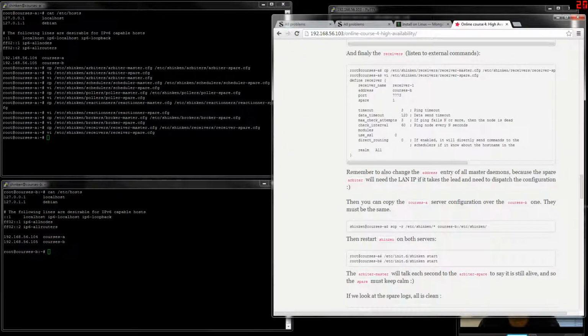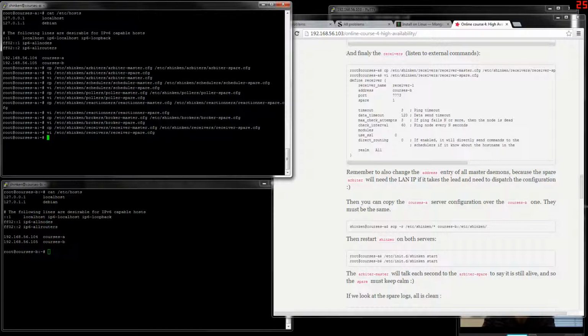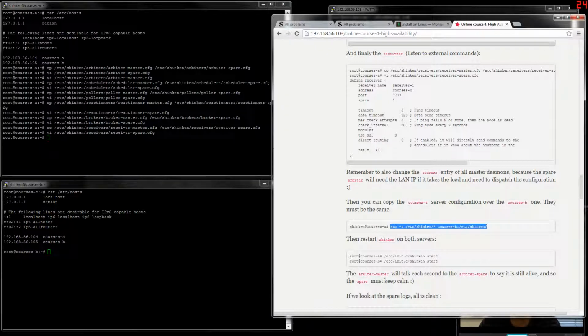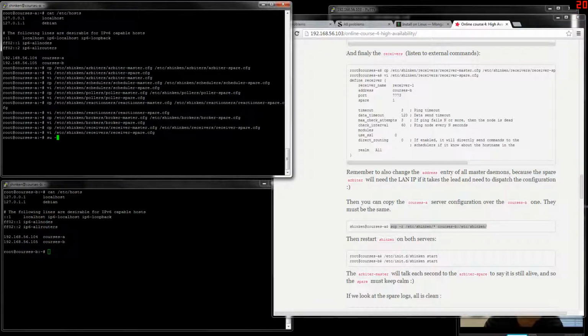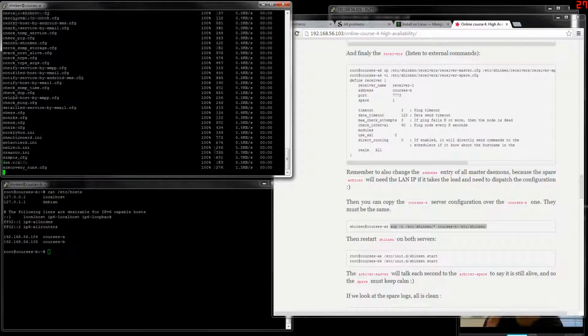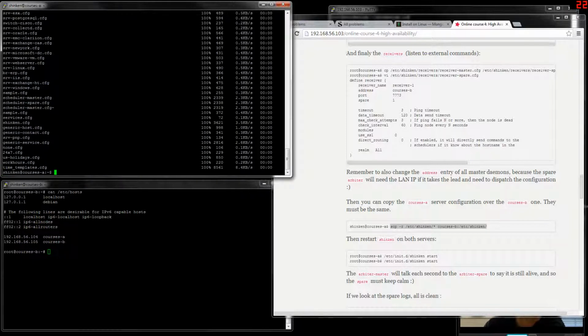So now we have edited the configuration on the server A, and we will just bulk copy all the configurations to the spare one. The configuration on the master and spare should always be the same.